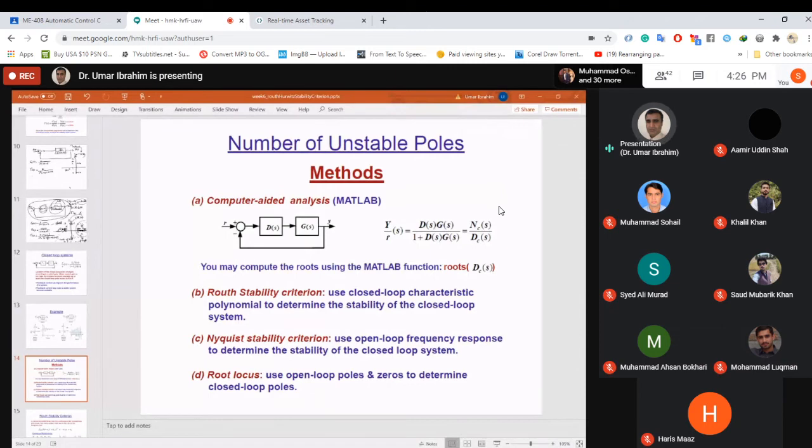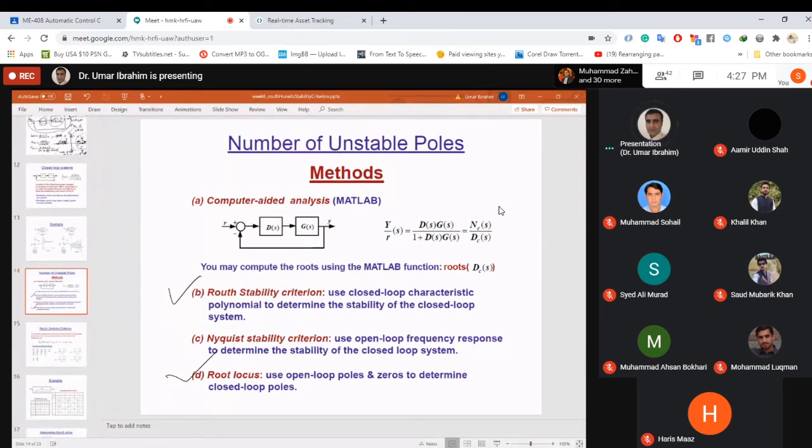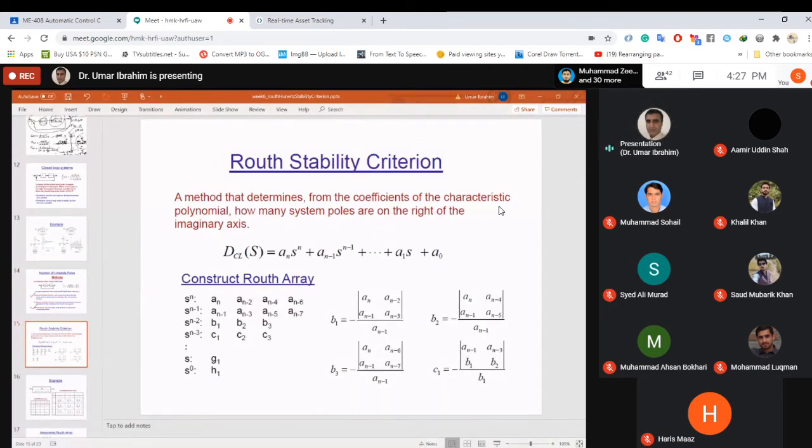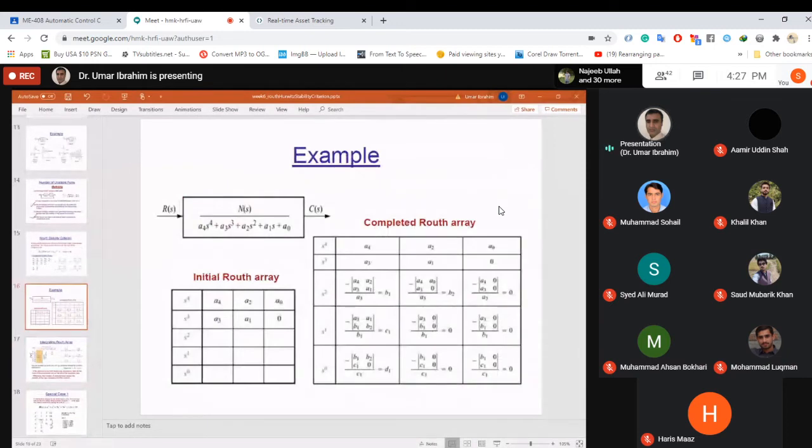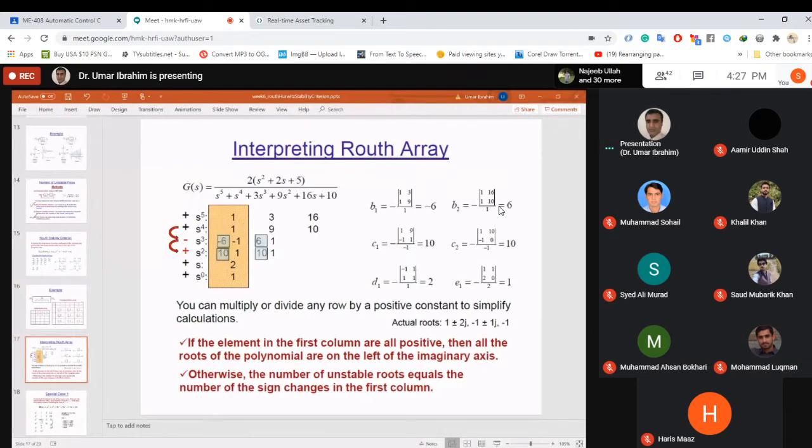Okay? So we can find the stability of a system using computer-aided analysis such as MATLAB. We can use Routh stability criteria. We can use Nyquist stability criteria. We can use root locus stability criteria. In our course, we will study these two methods to study the stability of a closed loop feedback control system. So how does Routh stability criteria work? It's not a complicated method. All you have to do is,